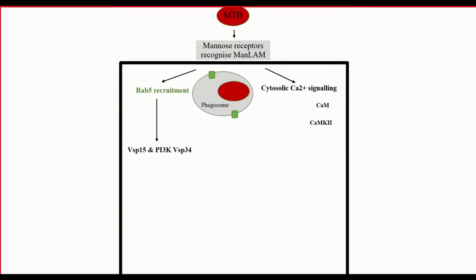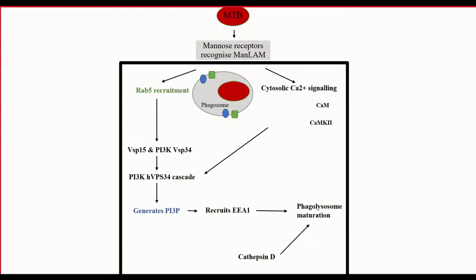Both of these events will create a phosphoinositide 3 kinase hVPS34 cascade, which would ultimately generate phosphoinositide 3 phosphate. Once phosphoinositide 3 phosphate is produced, Rab5's effector protein EEA1 would be recruited. Since EEA1 is essential in tethering and fusing the membranes of the lysosome and phagosome, a phagolysosome will be created. EEA1 would cause various other proteins, such as cathepsin D, to be recruited, and would ultimately